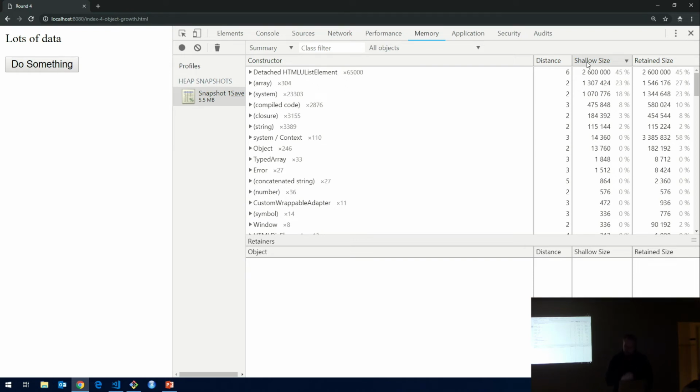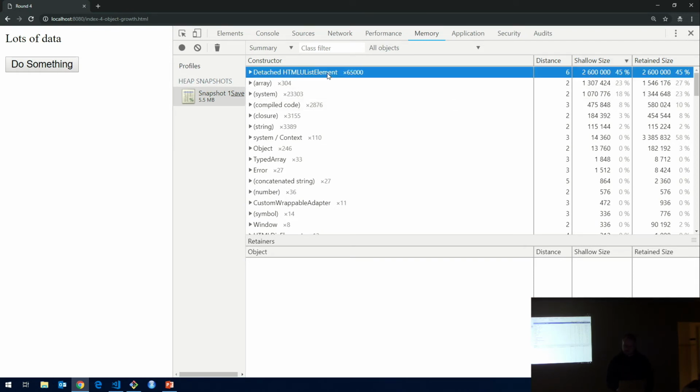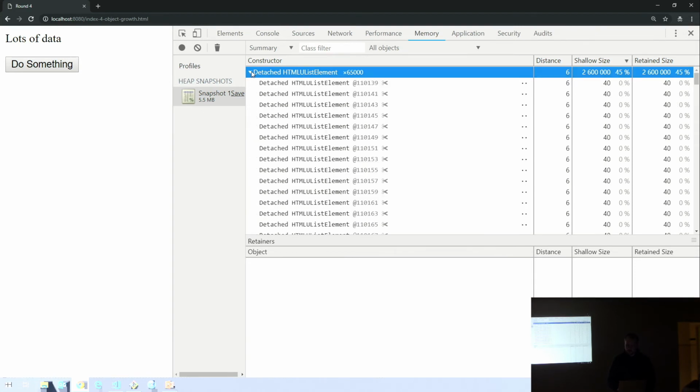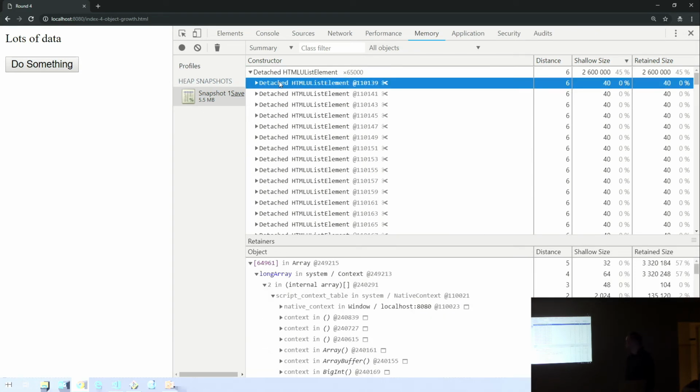So in this case, it's pretty clear that it is UI list elements that are actually the problem. Because if I look at all these UI list elements, I will see that, yep, there's a lot of them. In fact, at the moment, at a distance of 6, there's plus or minus 65,000 of them in memory. And here's where I find them. I find them in this array, in a variable called long array off the system. Additionally, which is pretty neat,